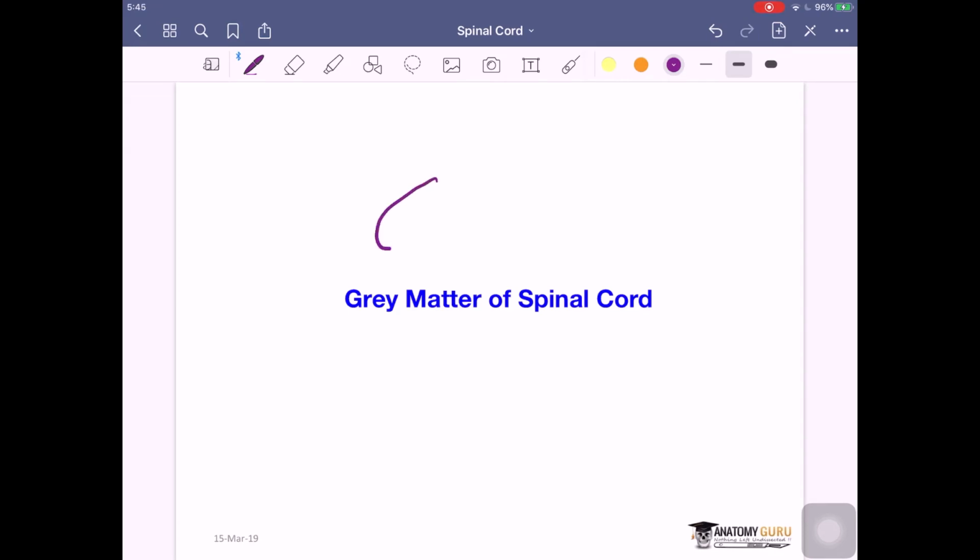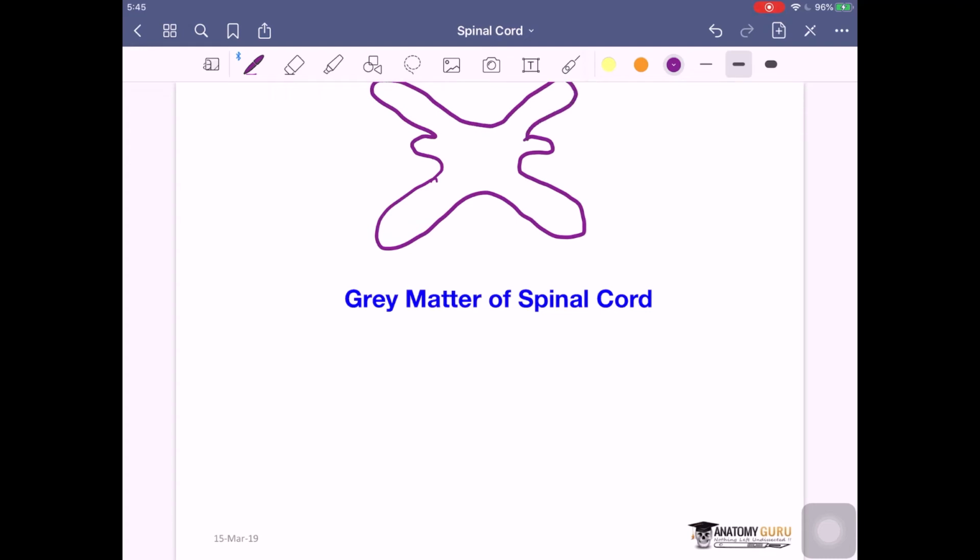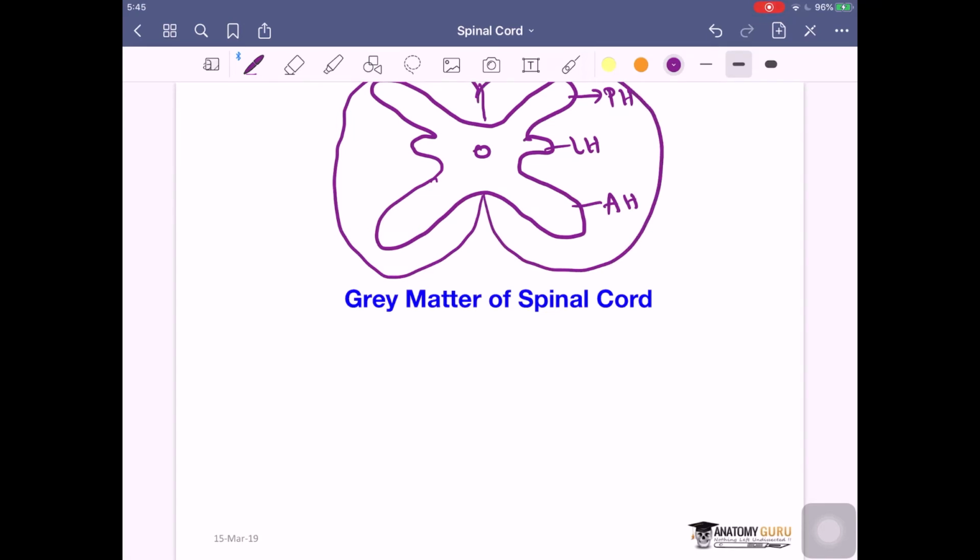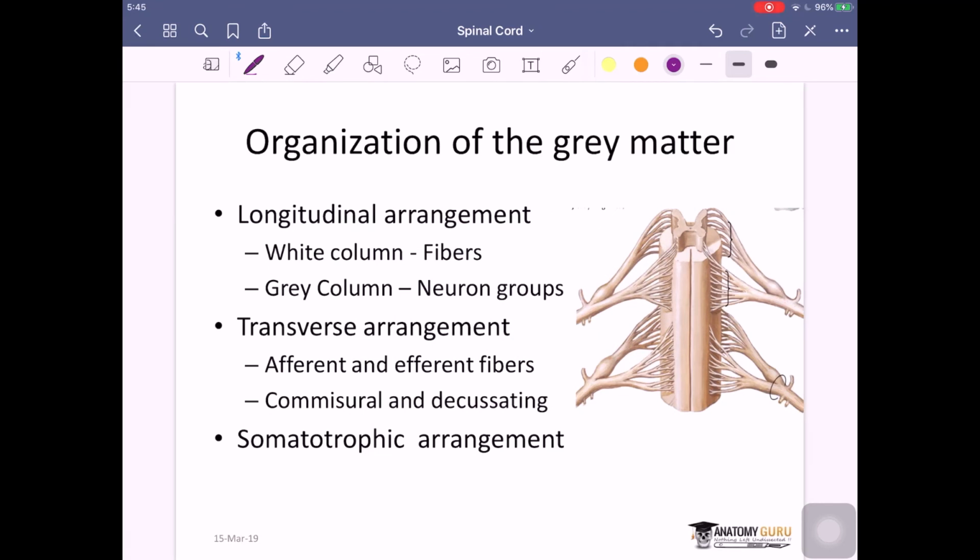So now from this point onward, we'll see in detail what the subdivisions are. We have seen that there was a gray matter like this, the gray horn was there like this, the lateral horn was there like this, and there was a posterior horn. This is what you have seen with the central canal, and we call this the anterior horn or the ventral horn, the lateral horn or the intermediate horn, and the posterior horn or the dorsal horn. Now we have to see in detail whether these horns are further divided or not, and the answer is yes. There is a further division of these horns on both sides, and that brings us to the gray matter of the spinal cord. So let us do the gray matter of the spinal cord.